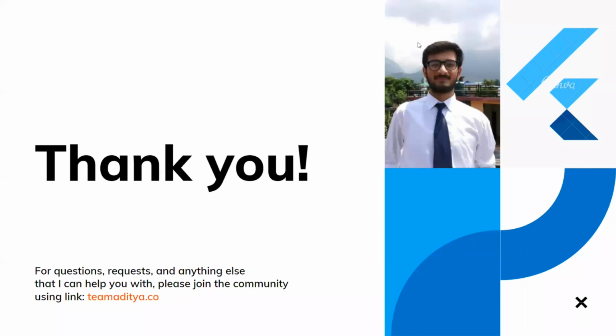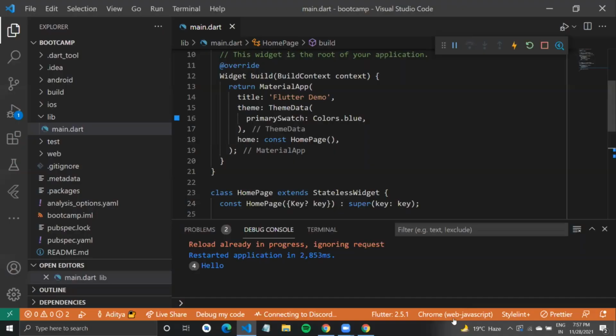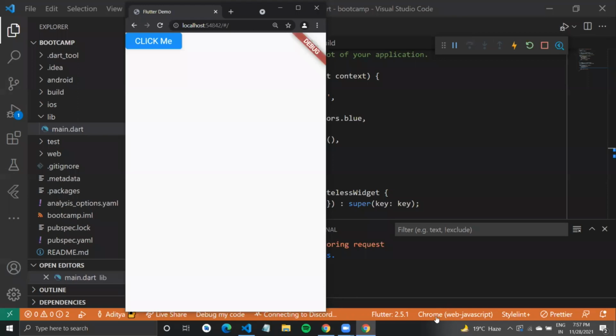Okay. Do we have to do anything extra for making it multi-platform, or does it work on its own? Mostly, if you have a Flutter application, let us say this is the default code that I was showing. If I run it, it is working fine on web. Right now it just says 2 devices connected, but if I run my Android emulator, it would show that as well.